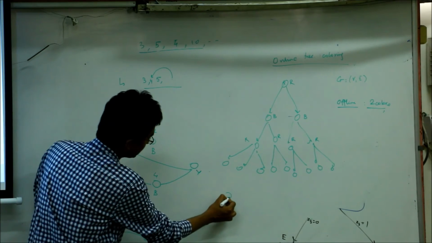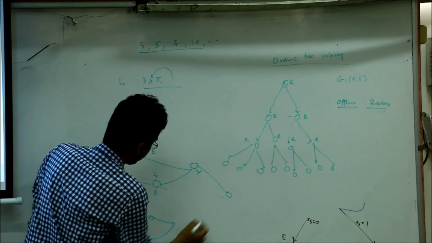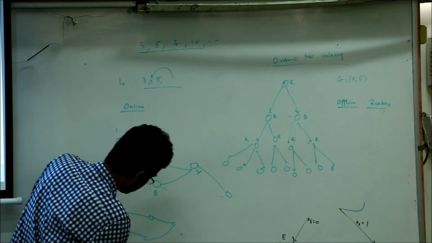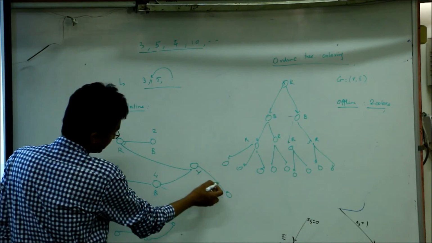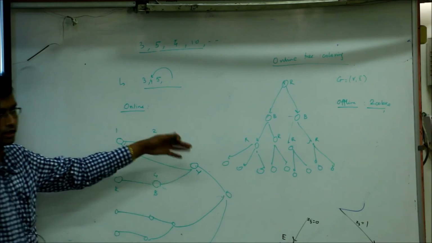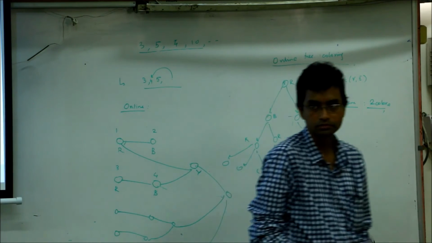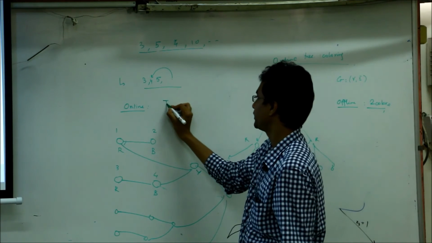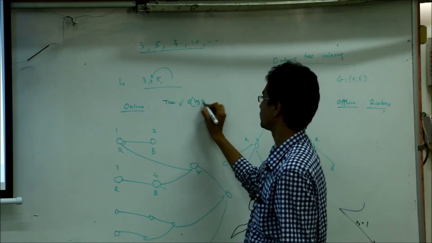And then a new vertex may come which has one edge to yellow, one edge to blue. So maybe here it's like this. There are three structures which are recreated, which are copies of this, and then a new vertex comes which has one edge to yellow, one edge to blue, and one edge to green. So you have to color it with a new color. At most log n, yeah. Right. So this is bad. In the online version, what we see is that tree coloring requires order log n colors in the worst case.